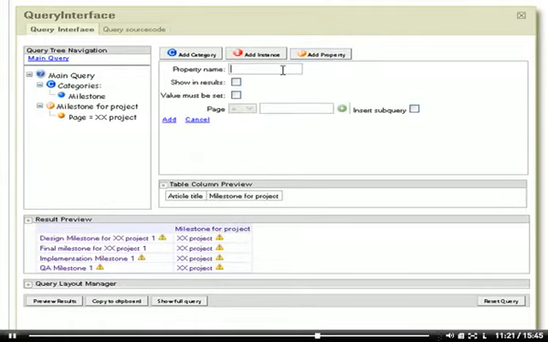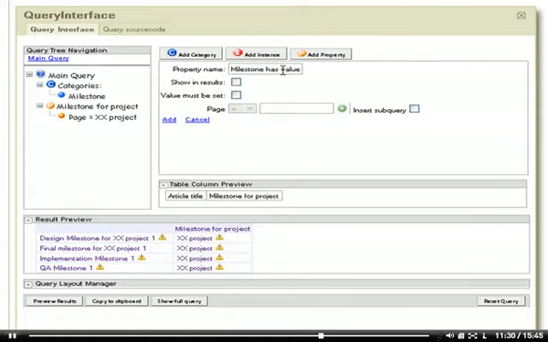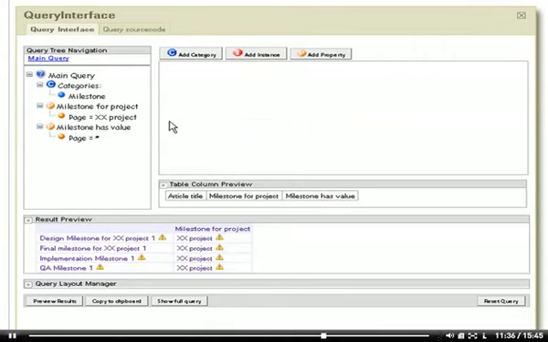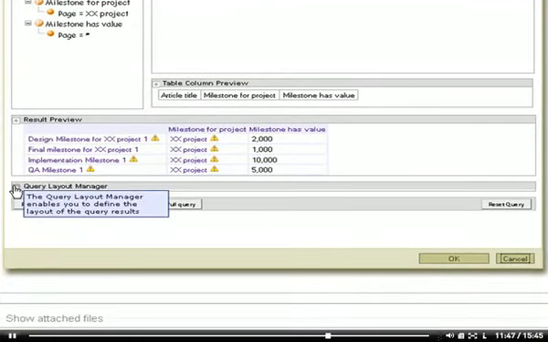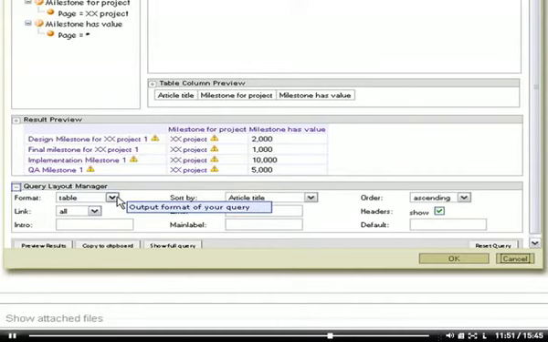And now I'm asking for the values of the milestones. I'm picking milestone has value. Tick here to show it in the results, and I add, and here now you have the list of the milestones for the particular project with their values, and if I want to I can select another way to print this information out,